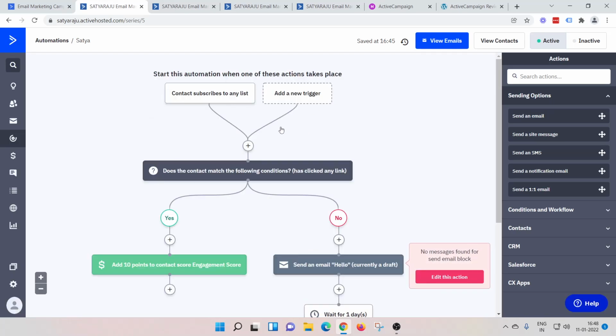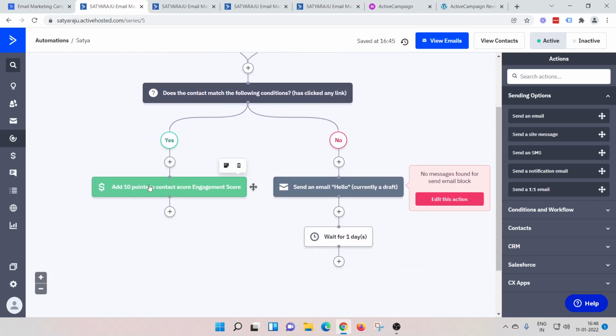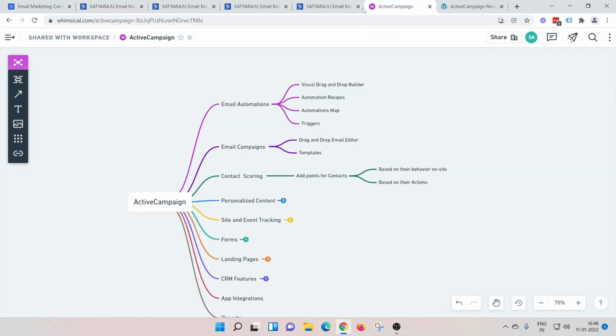Otherwise you have to add a score manually, which is a boring job as well. So I would suggest creating a workflow where you can add points based on their action, their behavior. Like if they visit a particular page of your website, you can add points depending on what's valuable for your business. For example, if your customer makes a purchase, you can add 100 points to that particular contact. I hope it's clear for now.